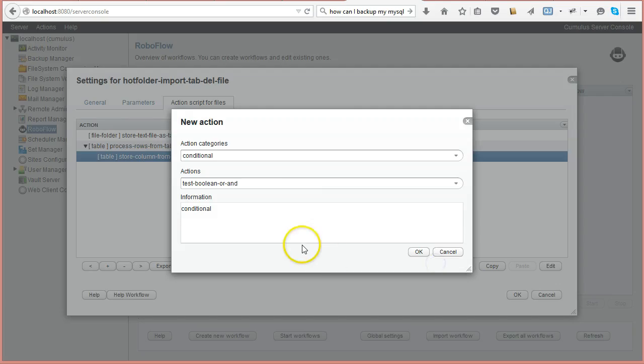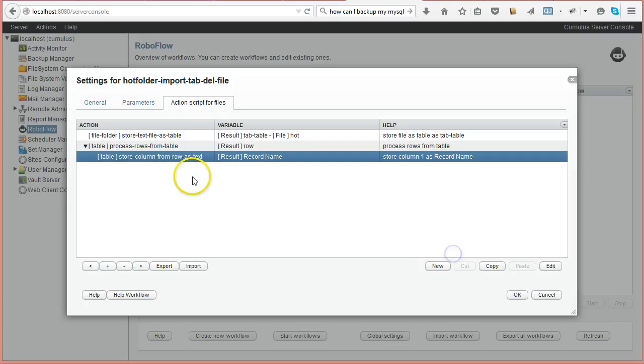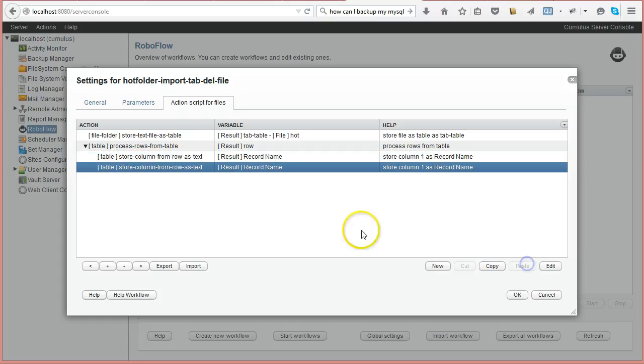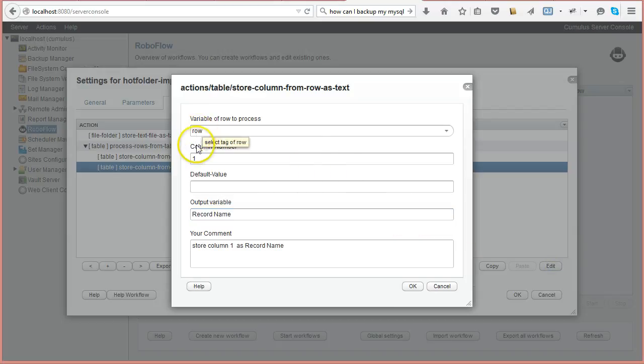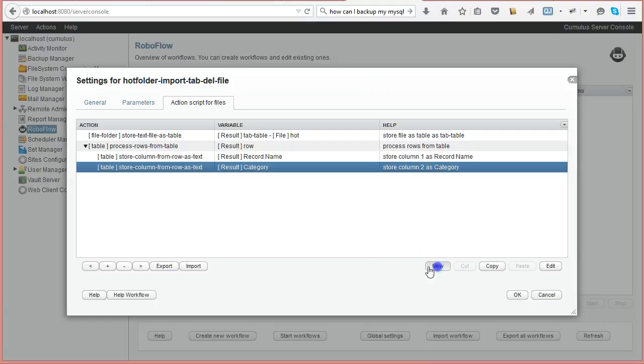And then I'm going to say new, and I'm going to store a second one. I could go through the same process, or I can just copy paste and say edit, and then column number 2 is, for instance, a category I want to create. So I'm going to say category. I want to create or assign a category. Category, and then number 3, new,